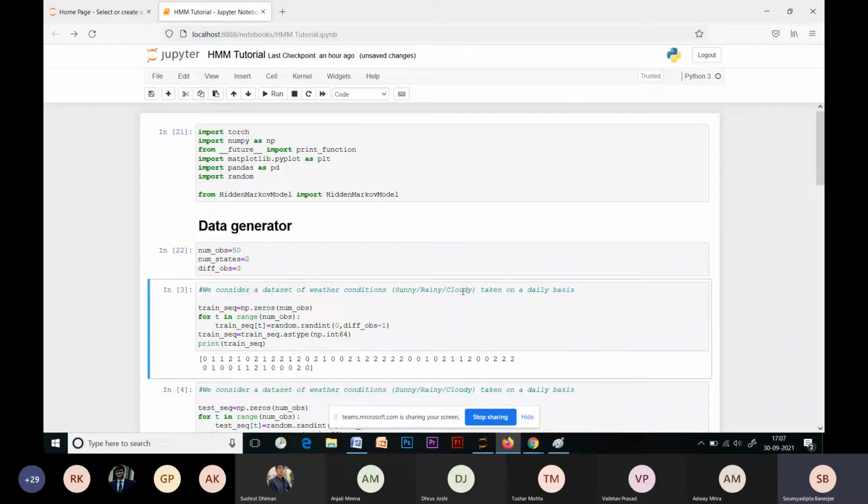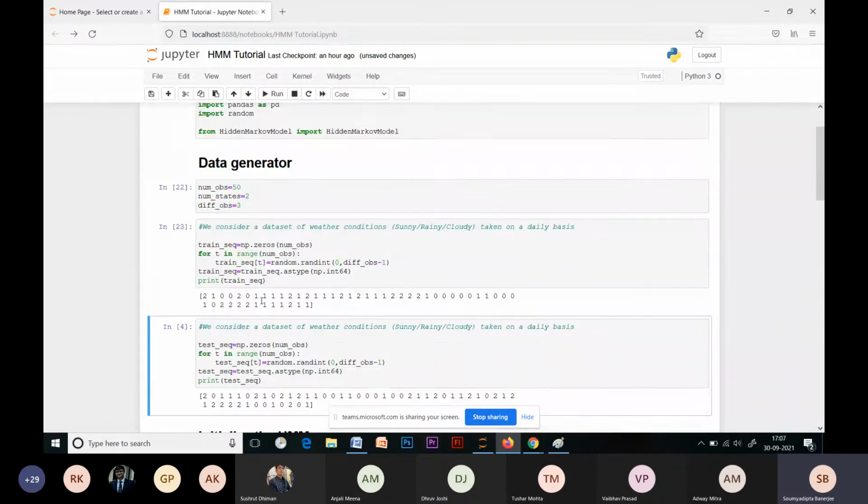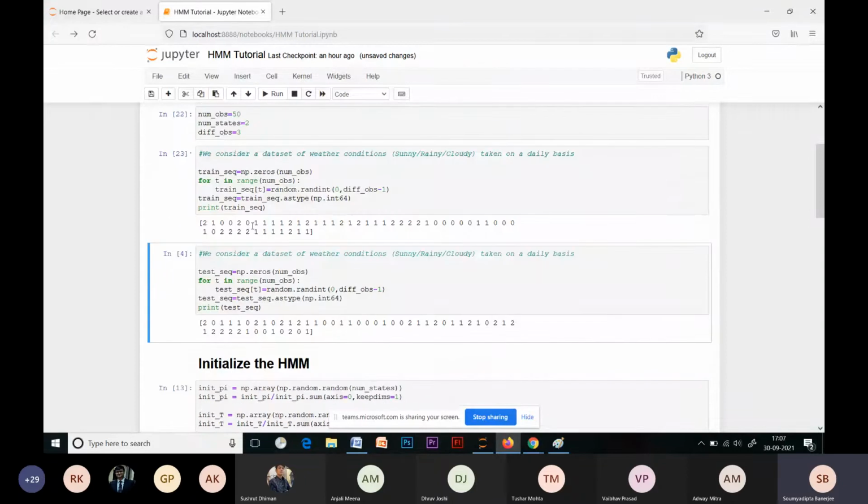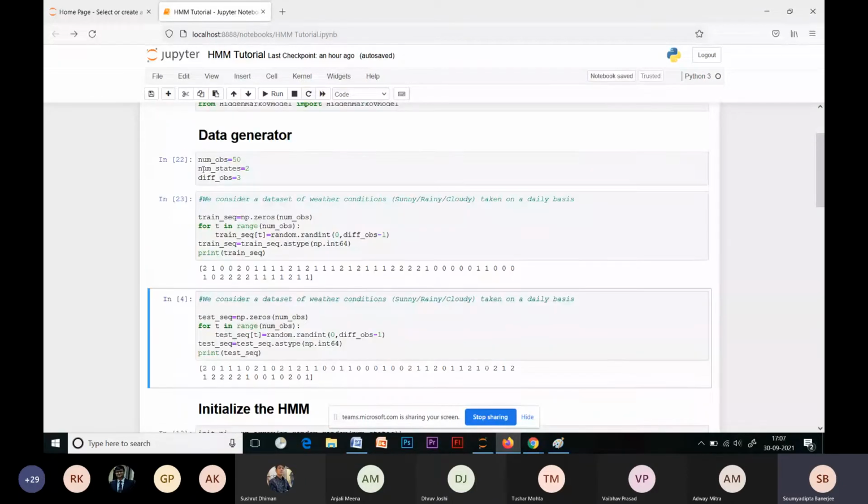If I denote sunny by 0, rainy by 1, and cloudy by 2, and I generate a certain observed sequence for training, it could be something like this: 2, 1, 0, so maybe cloudy, rainy, sunny, and so on. The length of the observed training sequence is 50, we have given two states to the Markov model, and the number of different observations is obviously 3.